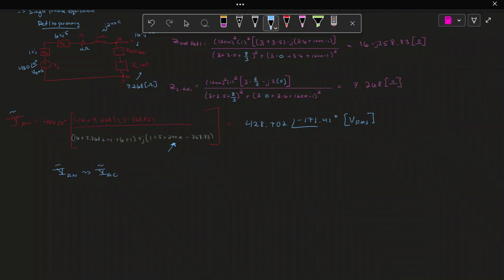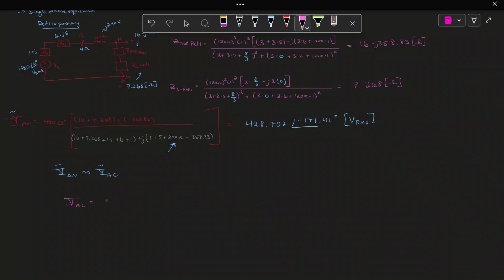Well, there's a page in your formula sheet that tells you the relationships between line voltages and neutral voltages, or phase voltages. For this specific one, since we're in the positive phase sequence, remember, to go from AN to AC, we need to do